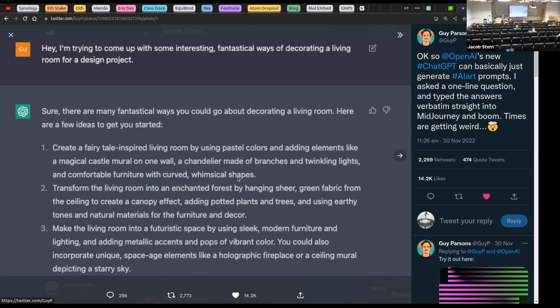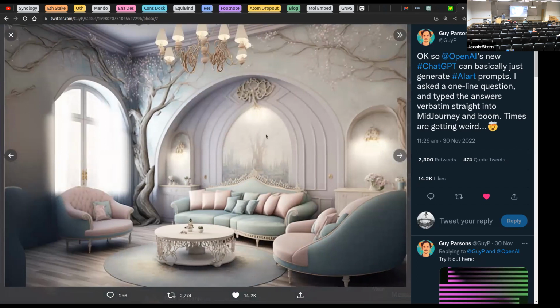Create a fairy tale inspired living room using pastel colors and adding elements like a magical castle mural on one wall, a chandelier made of branches and twinkling lights, and comfortable furniture with curved, whimsical shapes. And then they took that prompt, inserted it into Midjourney AI, and you get this awesome rendering of a